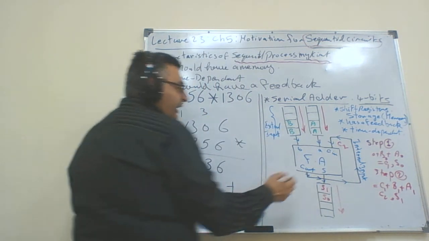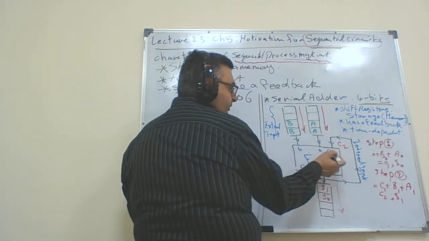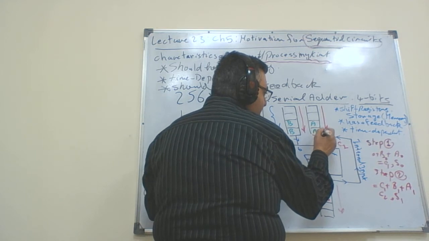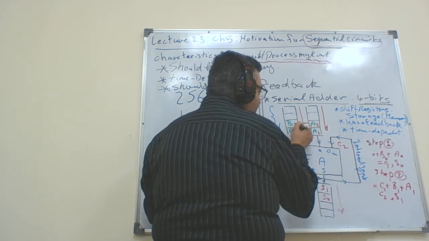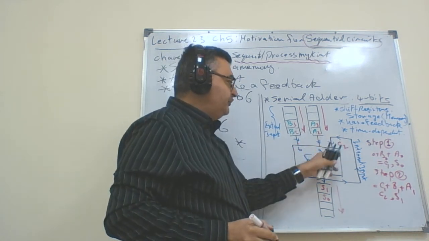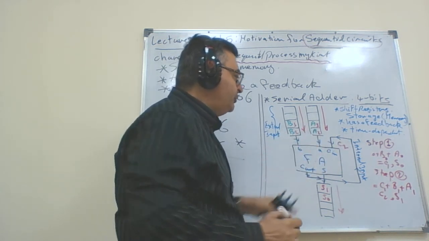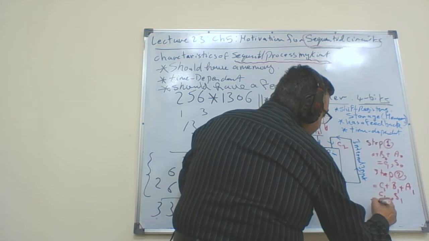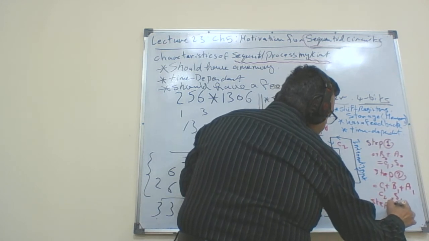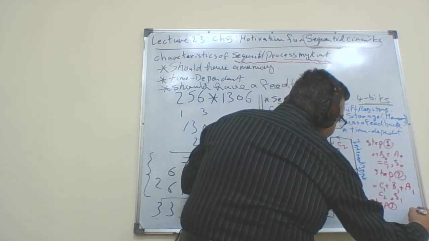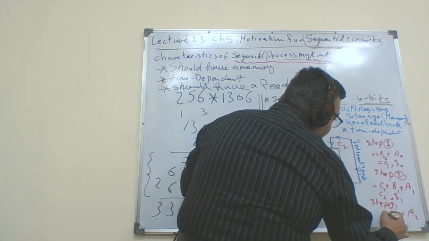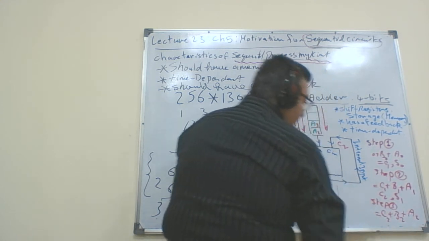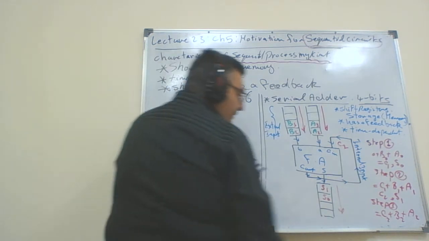I have C2 coming from the feedback, and since I already shifted those registers, I would have C2 from here, A2 and B2 added together. Step 3 will have A2 and B2 and C2 added together to give me